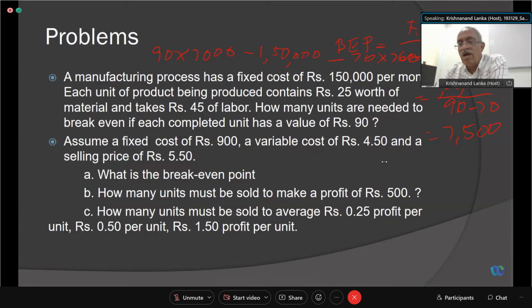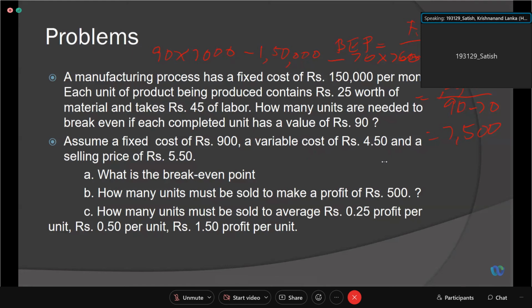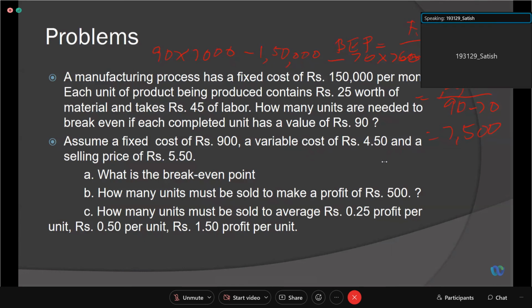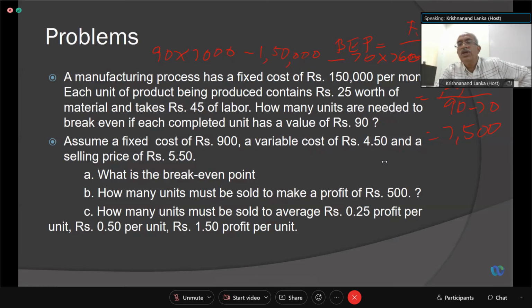What was the option you said, Satish? Actually, I did not consider that 1,50,000. That fixed cost is zero, sir. I took Y equal to MX. So here contribution into the number of units that is falling short of break even. In that way also we can guess it, right? That is 20 into 500. That comes to 10,000.